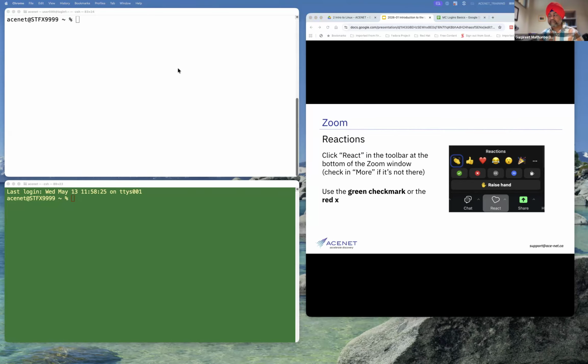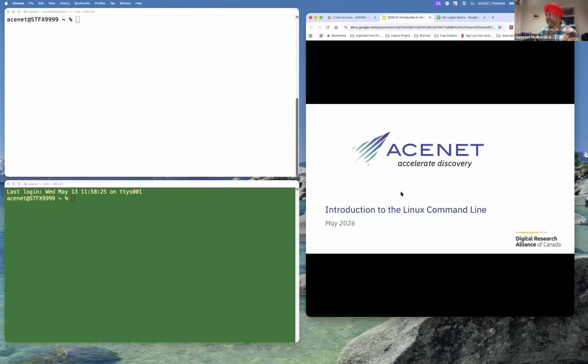So moving forward, we are going to talk about the command line, the Linux command line. One of the key reasons that we need to learn Linux is because at some point in your careers, you are going to work on clusters or supercomputers. I will use the terms supercomputers and clusters interchangeably. They actually have Linux installed on them as an operating system.